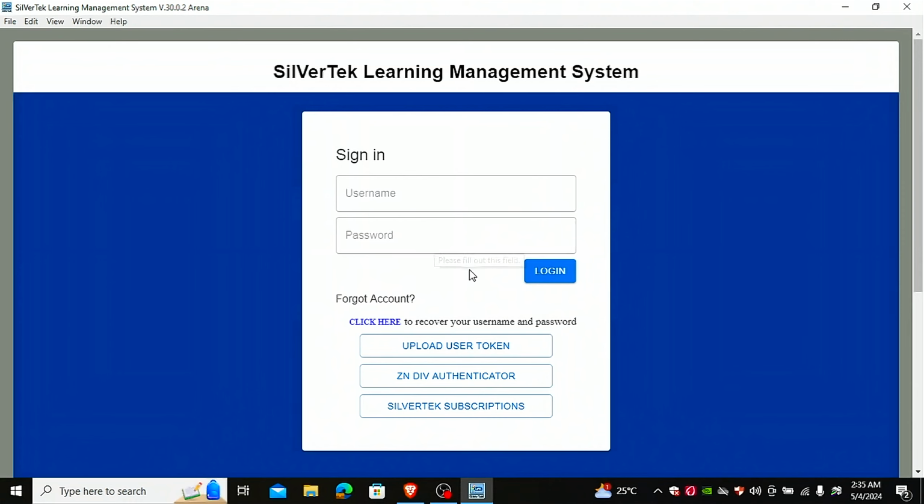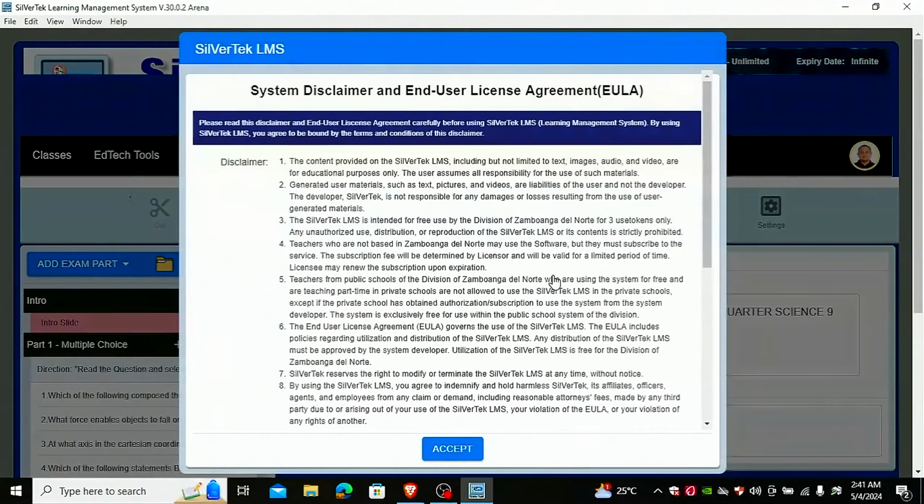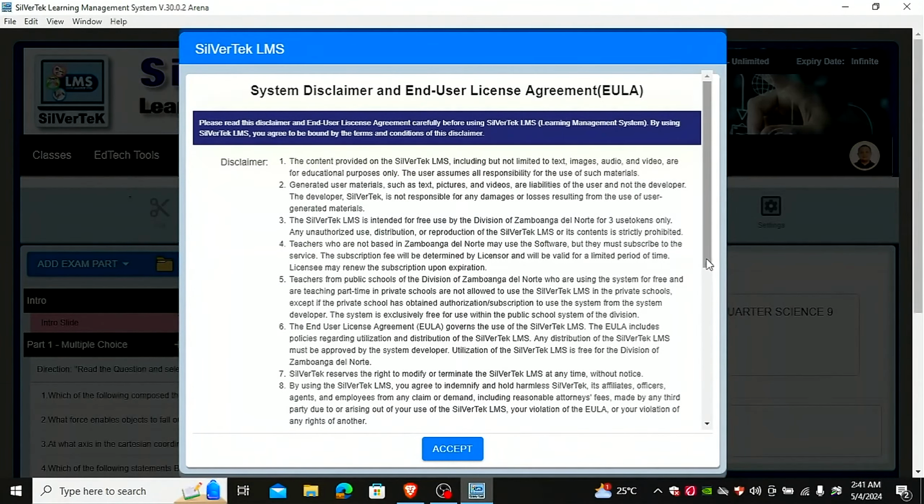And now we need to log in to our Silvertech. So based upon what you put there, I did put my name as my username and my password. Click on login to continue, and I'm in.